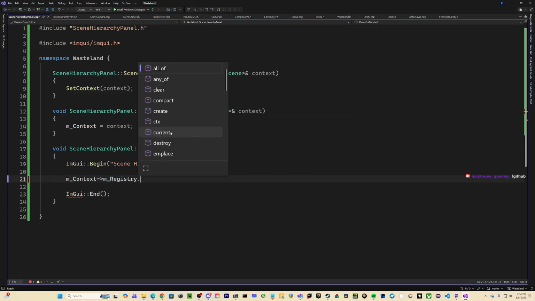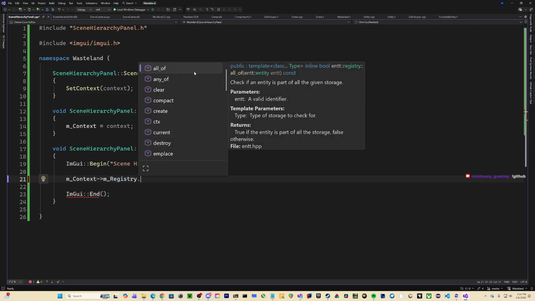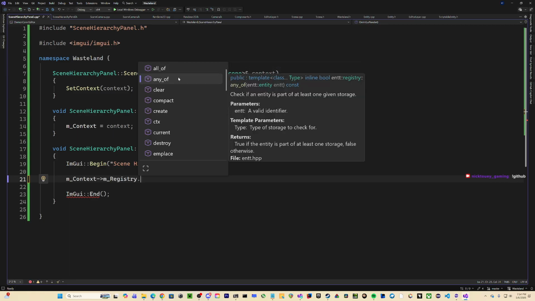No, can I just do this and figure that out? All of. Check if an entity is part of all given storage. Valid identifier, any of, what is this?